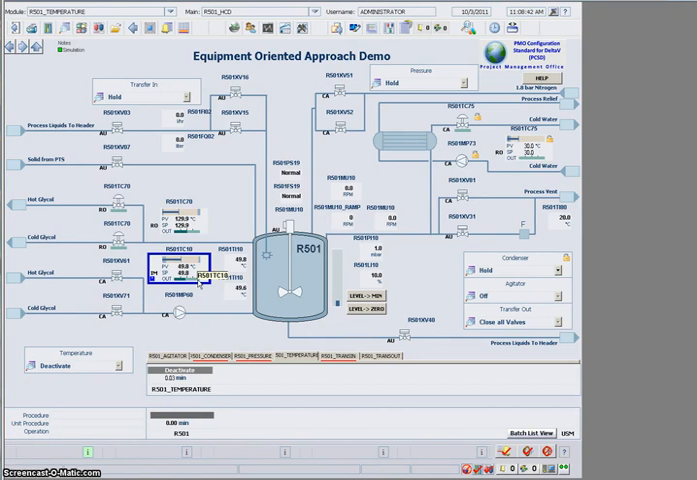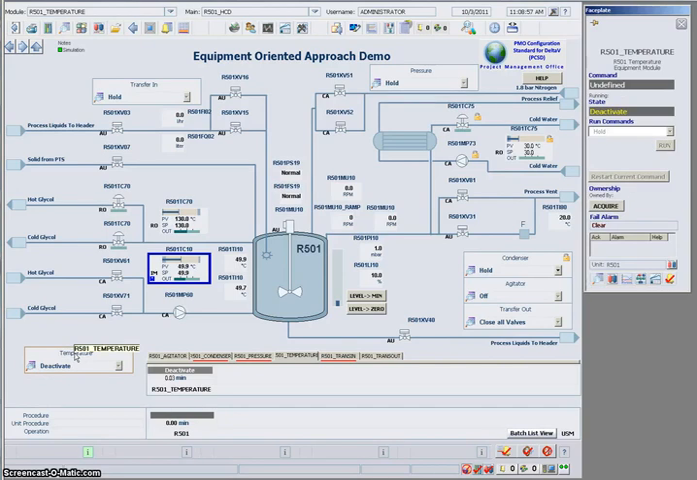So, what we've done with our equipment-oriented approach is organize all these devices that perform a common function, temperature control, into an equipment module. Let's take a look at how that works. So the operator, rather than controlling the individual devices, can control the whole temperature equipment module from a single faceplate. So the first thing he would do would be acquire the temperature equipment module, and what we'll see is